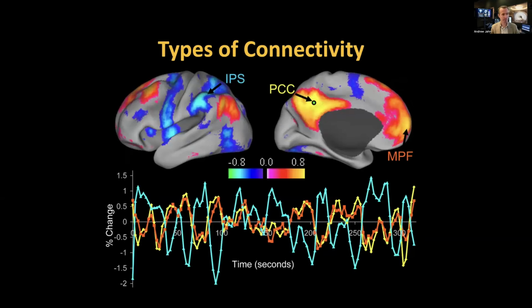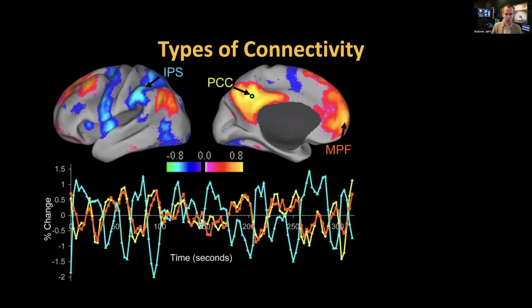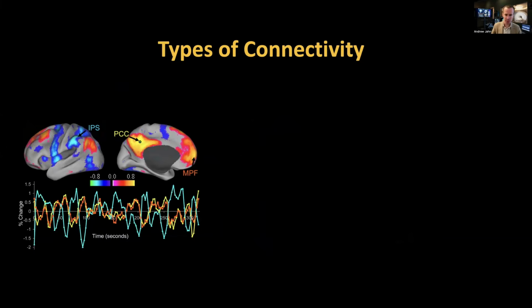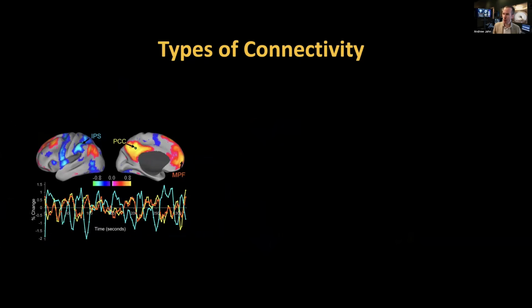resting state studies. It's also worth clarifying some of the language, talking about types of connectivity, because some people do take issue with this mesoscale, this functional connectivity, as not really being connectivity per se. So you have some diehard purists who prefer to call it bivariate correlations. I'm not making fun of them. I do think that they have a good point. For better or for worse, we're saddled with the label functional connectivity. People just know what it means. It's very well established